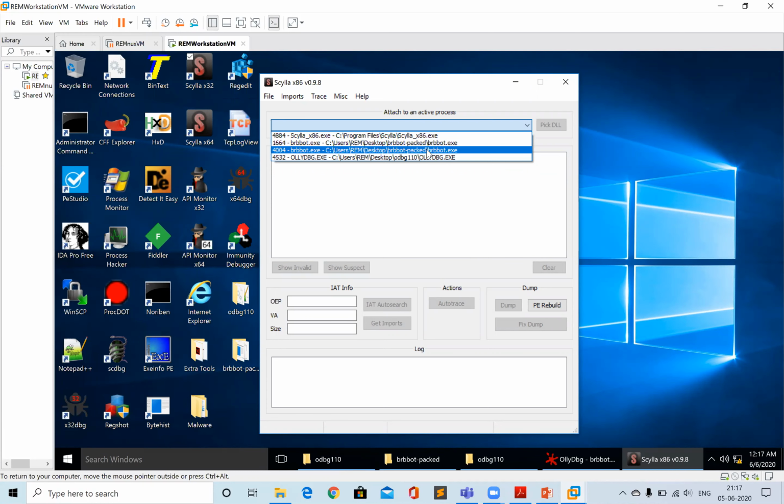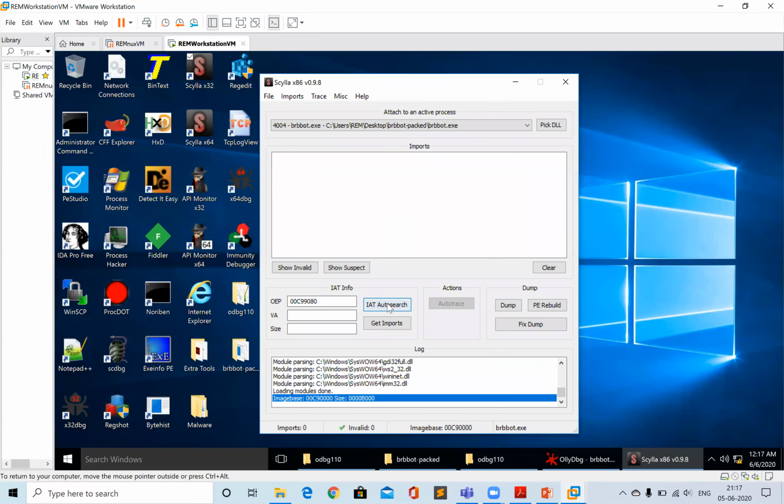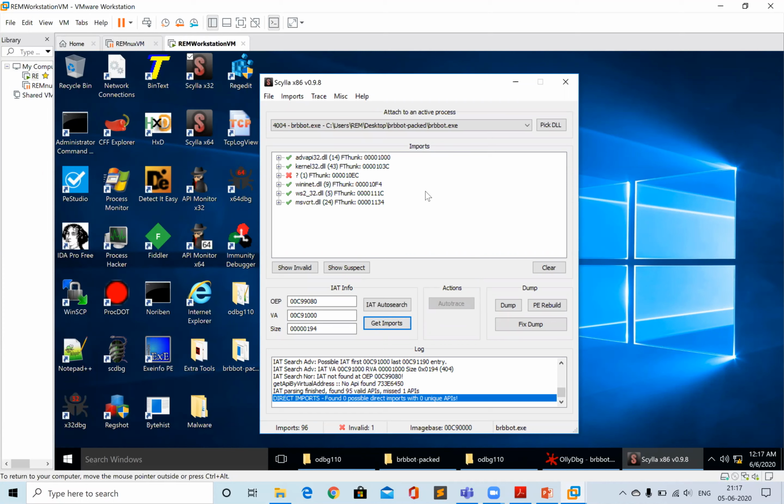Okay, there are two. So this is what happens when you dump the malware. There might be a case where the DLLs it is importing might be missing. So you can load that in a similar fashion to what I'm showing right now in Scylla,